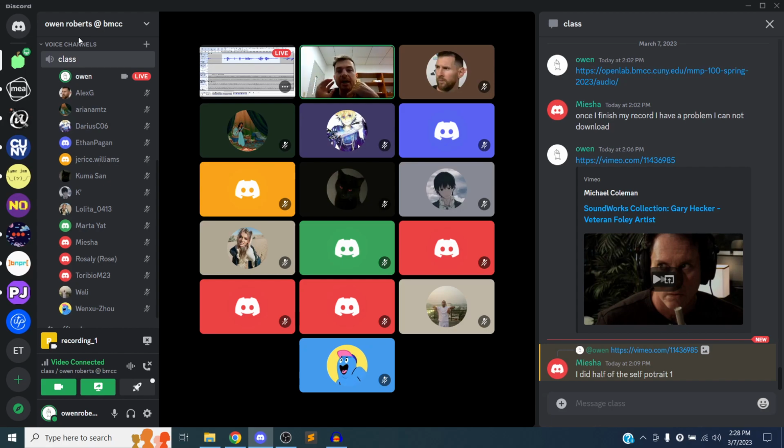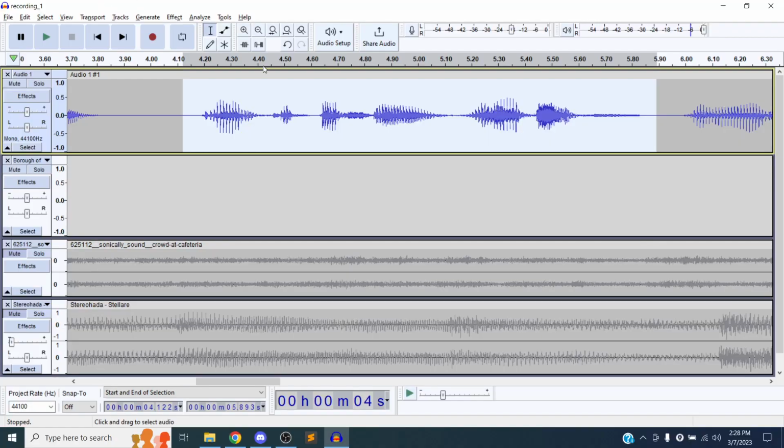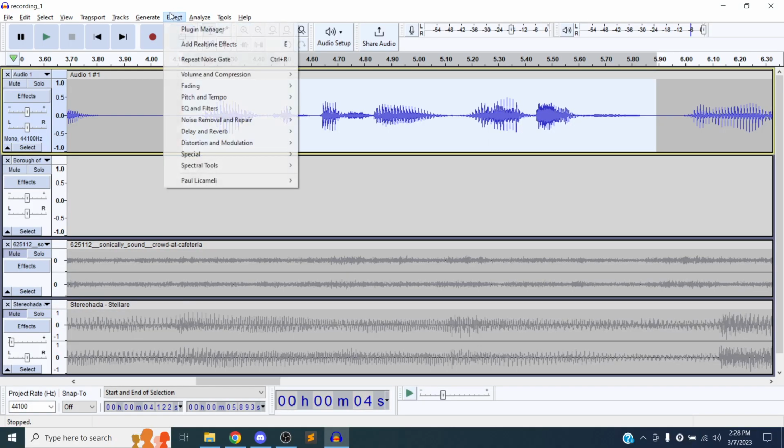Instead, it probably will muddy up the signal that comes through the phone. So one of the ways that the phone makes your voice more clear is just by cutting out the frequencies that aren't really necessary for understanding your voice. So if I go to my effects and I go to EQ and filters,